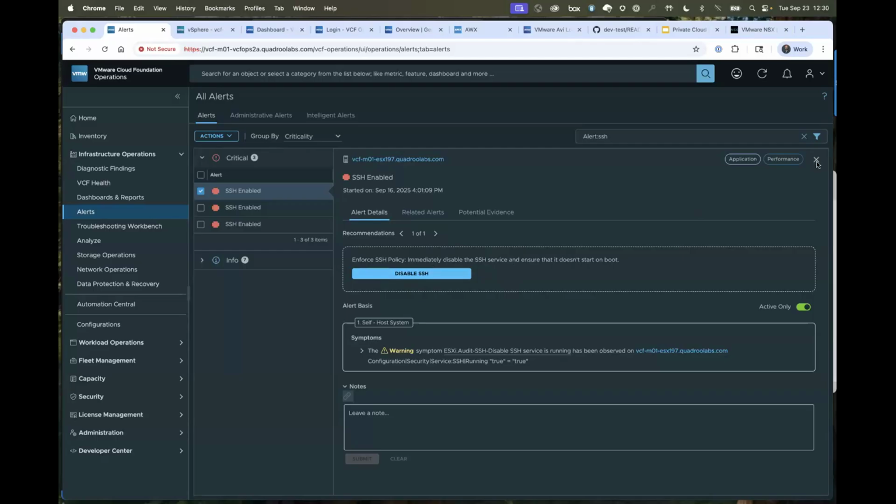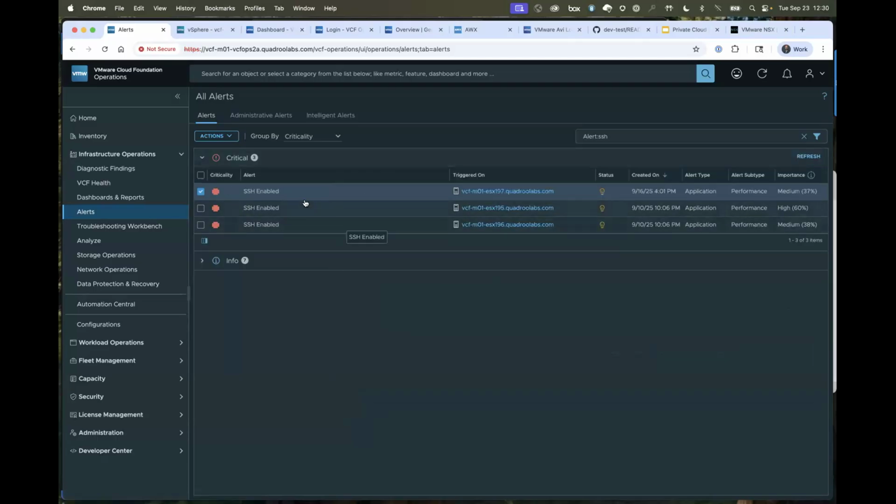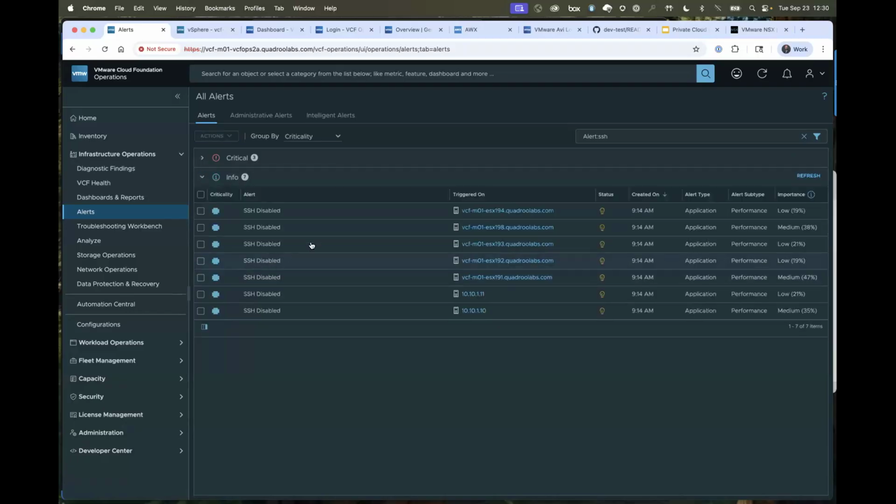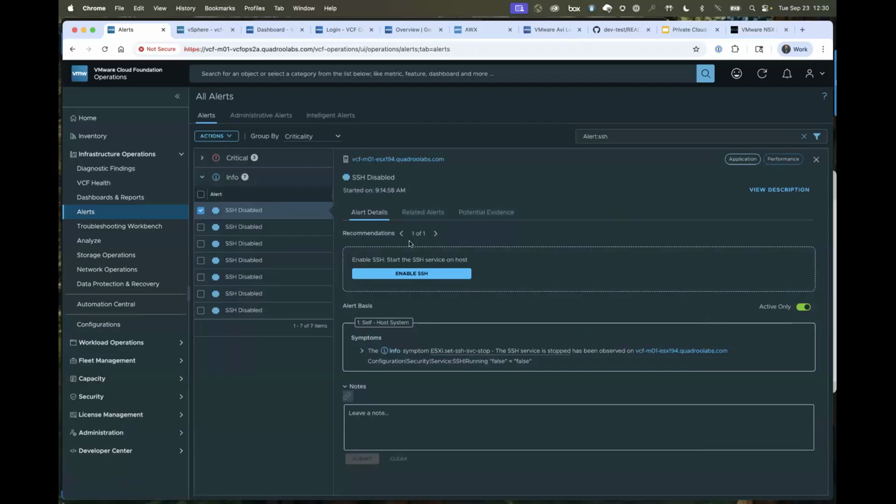It's pretty cool. The same customer also said, hey, you know what? I need to enable SSH occasionally, but I don't want to have to log into vCenter and go find the host and enable the service. So I created an example here where I can do an informational alert type of setup where SSH is disabled on these hosts. And if I wanted to, I could come in here and basically take the opposite action. So I can enable SSH. I might need to perform some type of admin action directly on the host. We've all done that. You SSH into the host, perform the action, and then disable it.